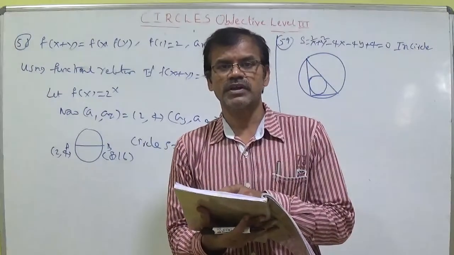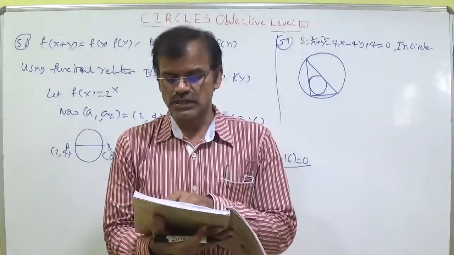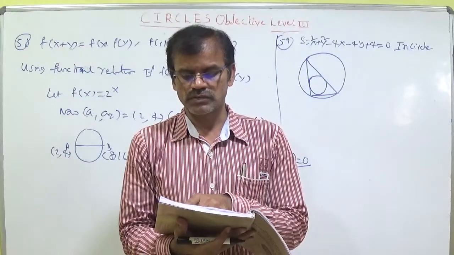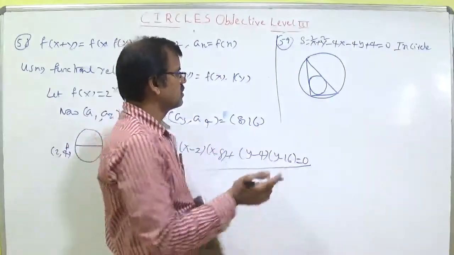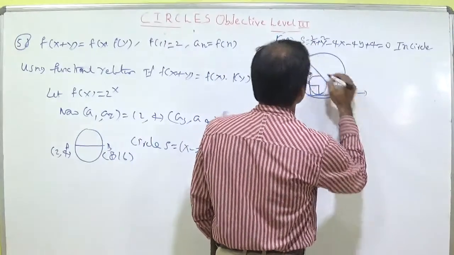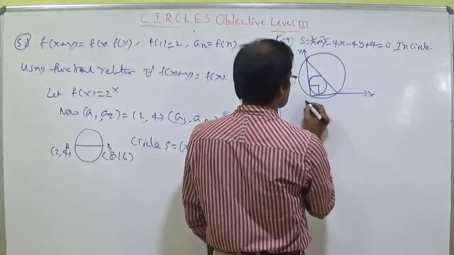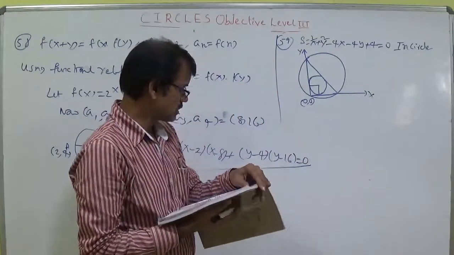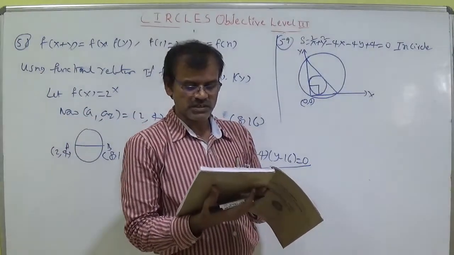Try to understand that whenever the circle touches both coordinate axes, the center is (r, r) and the radius is r. Here the center is (2, 2) and the radius is 2, since 4 plus 4 minus 4 is 4. This is the incircle which is touching both coordinate axes. Extend like this. This is the y axis and this is the x axis and this is the origin. The incircle is not passing through the origin. The circumcircle is passing through the origin, that is why the constant is not there.